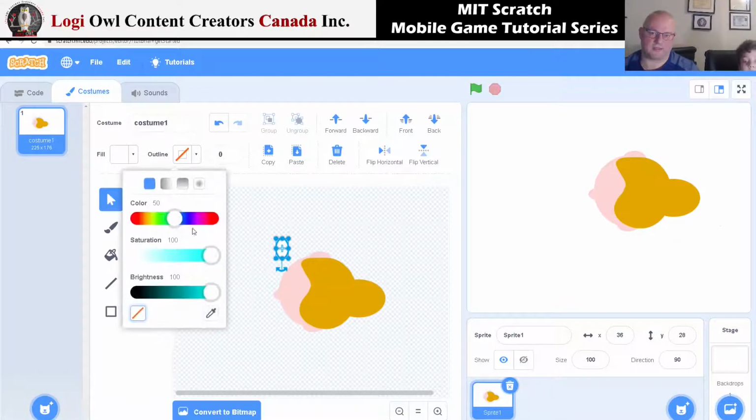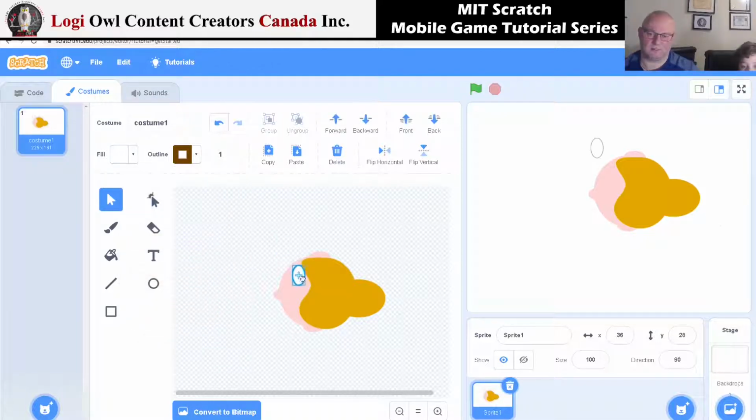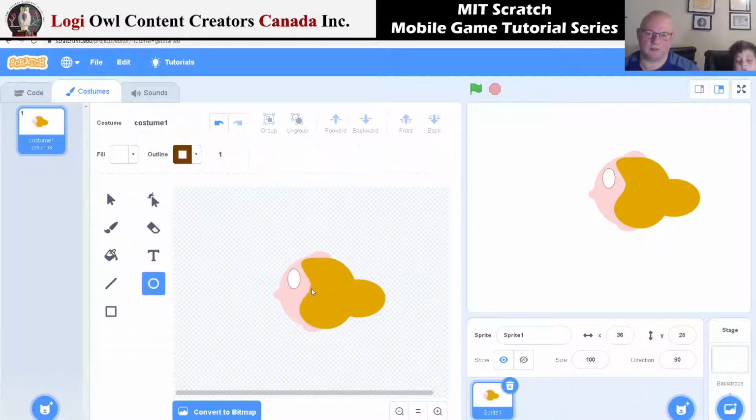Very fast. Maybe like this, based on the color of the hair. And inside that I'll be putting the pupil,